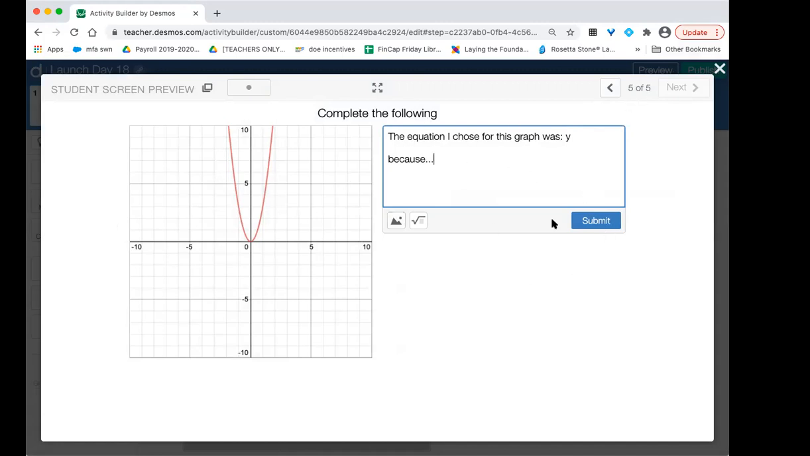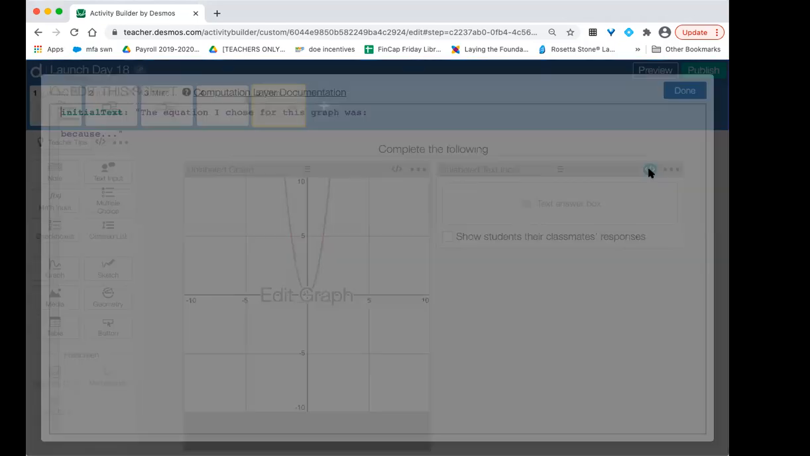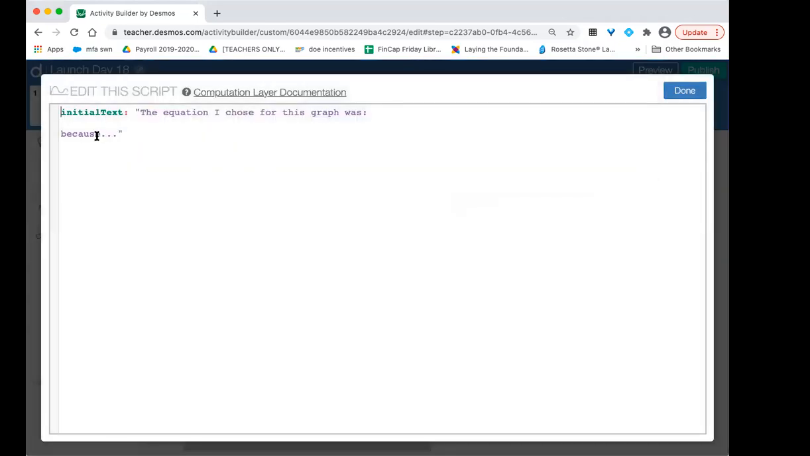In order to build this, you're just going to insert a text box, and then click on this button right here. This is the computation layer. I know it's kind of intimidating, but this is actually a pretty quick code that you can use. If you just click on it, I've already done this here,